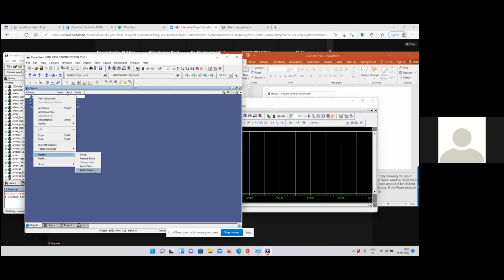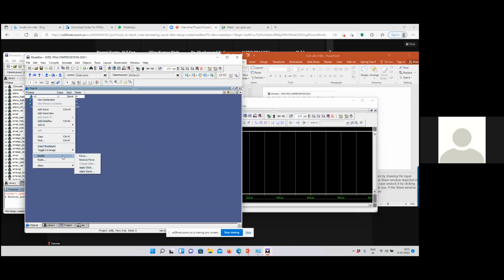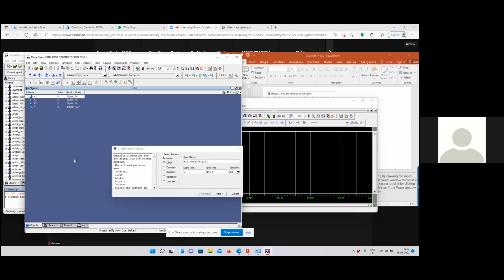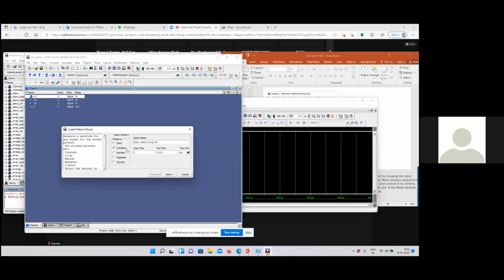When you select this apply wave, nothing is there yet. But now when I go to modify, apply wave, it asks the value. So for the constant value I have given 0 to 400 nanosecond.